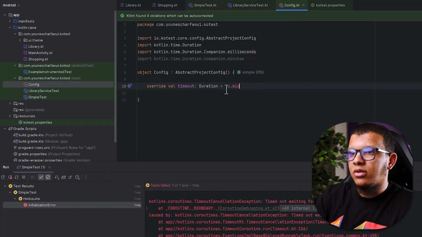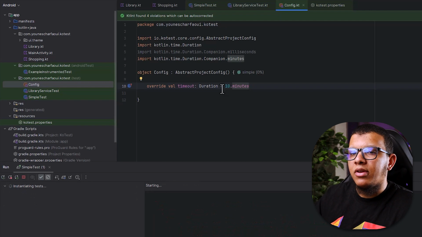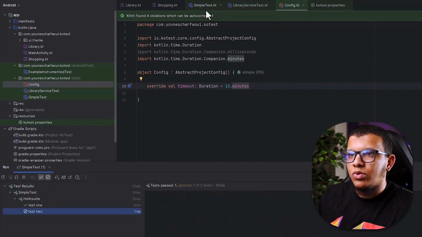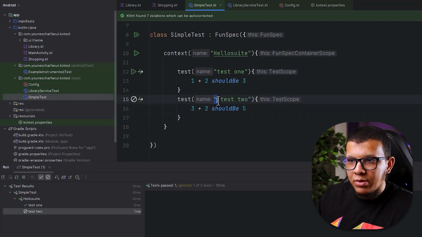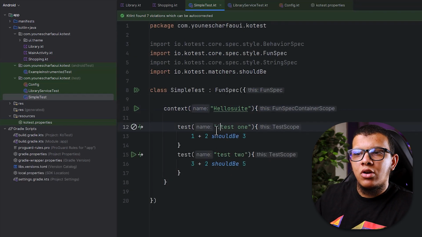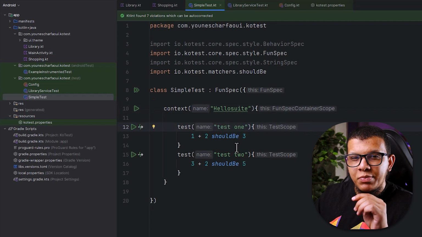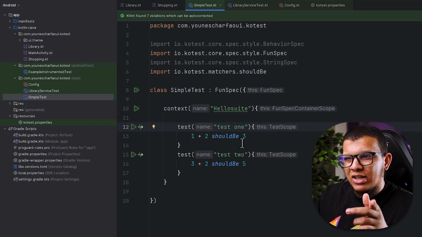Like the following, let me run everything. For the simple test, exactly, test 2 isn't passing. You can notice that test 2 isn't running because I'm using this one. As I said, this is called banning. If you want to run specific tests, but this is actually for top level stuff, like if you have